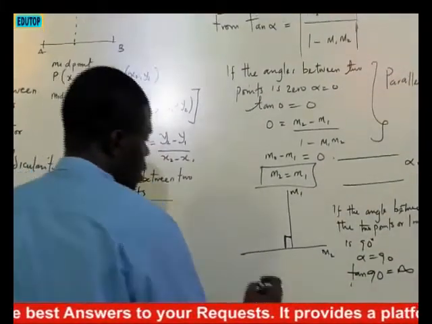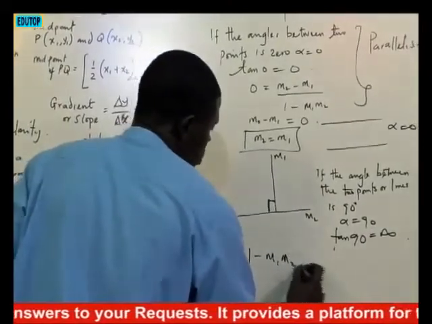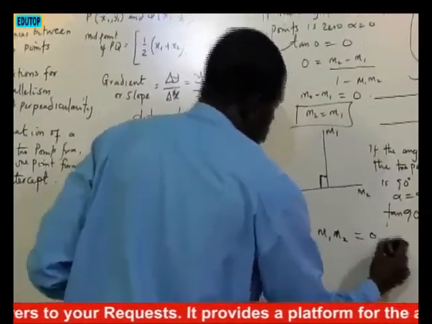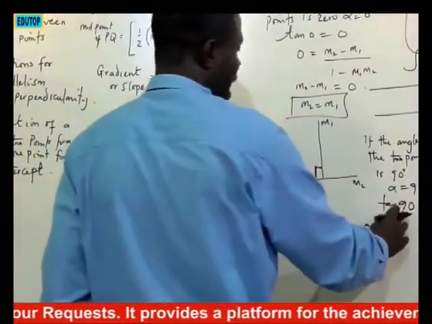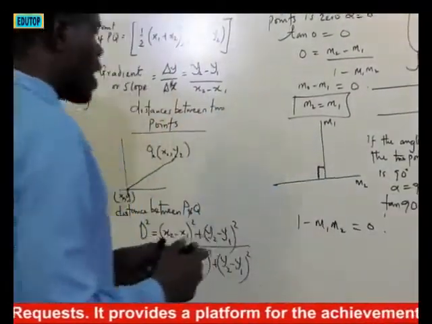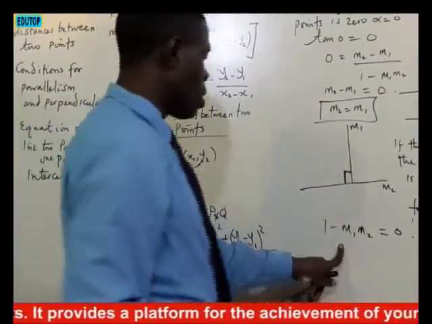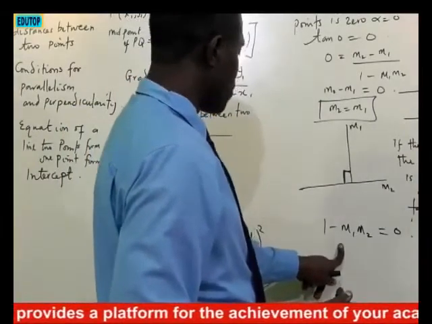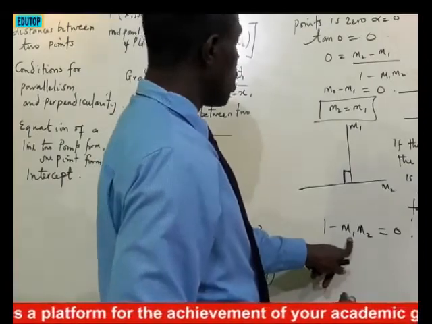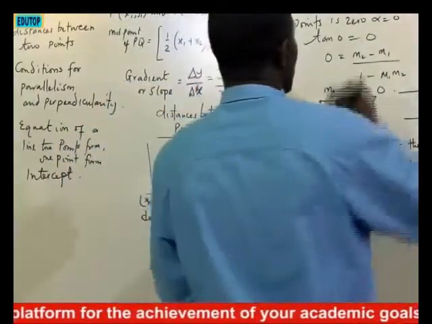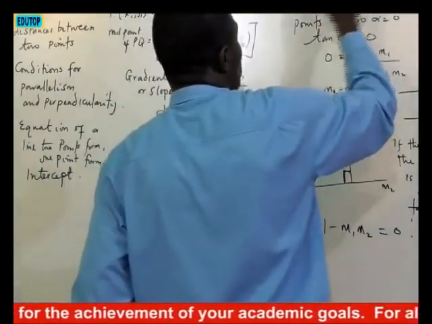Perpendicular. That means the denominator 1 minus m1 m2 must be equal to what? 0. Because that is what will make this undefined. Because tan 90 equals infinity, that means it's undefined. So what will make it undefined is when we have m2 minus, okay, here we have plus. So the initial